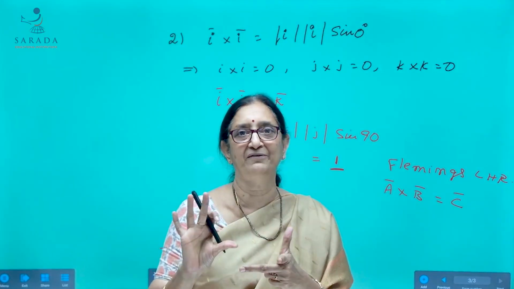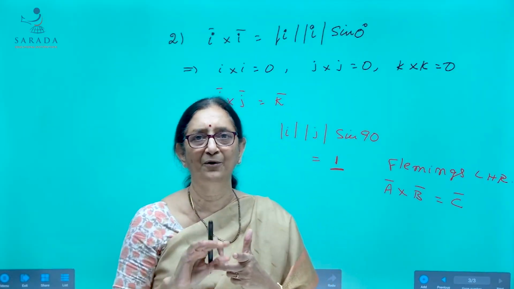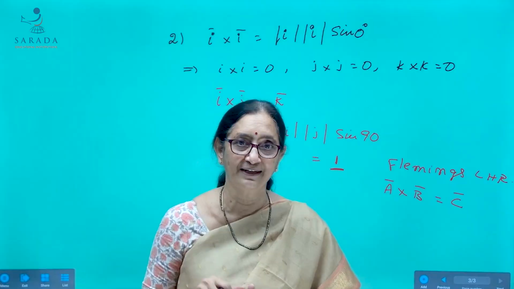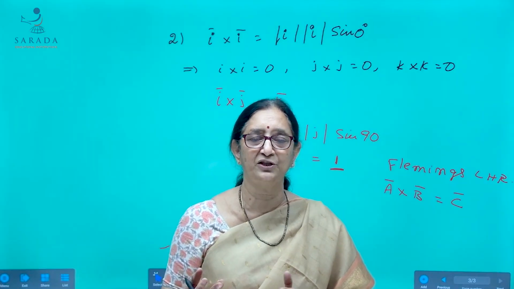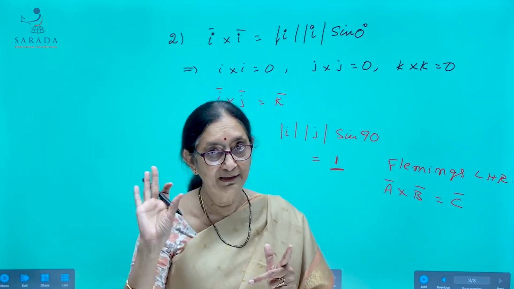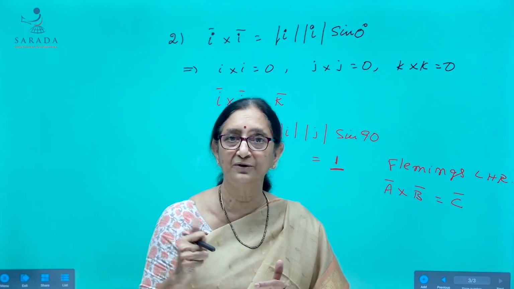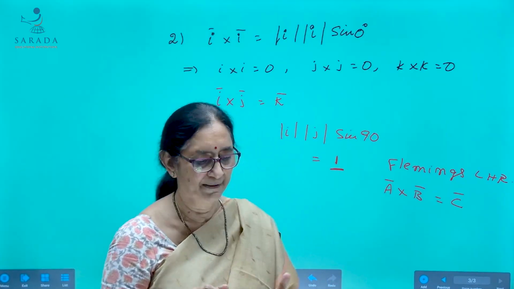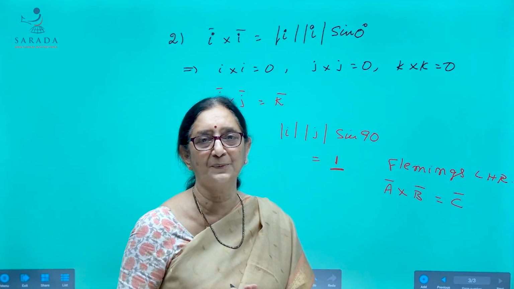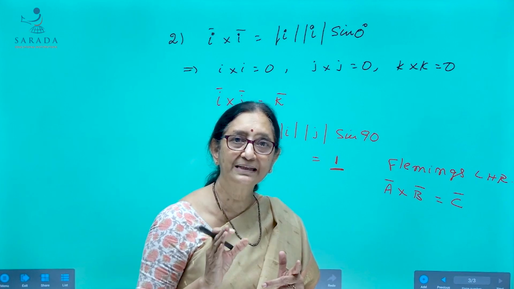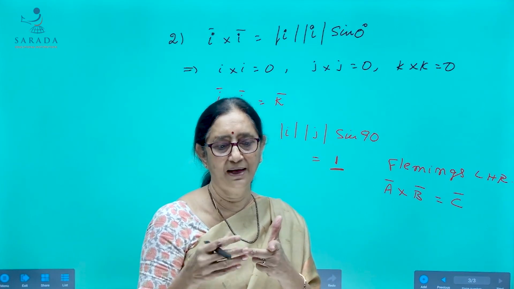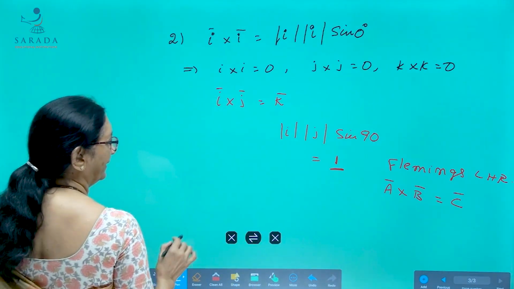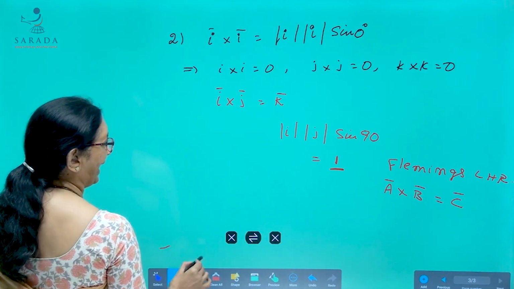You should never ever forget that. We'll be using that in so many things, here in electromagnetic induction, even in your earlier classes, you might have learned that, induced EMF direction or whatever. So, in those chapters, we'll be using Fleming's left hand rule and also Fleming's right hand rule. But the direction of the cross product of vectors is given by Fleming's left hand rule. A bar cross B bar is equal to C bar. Right?